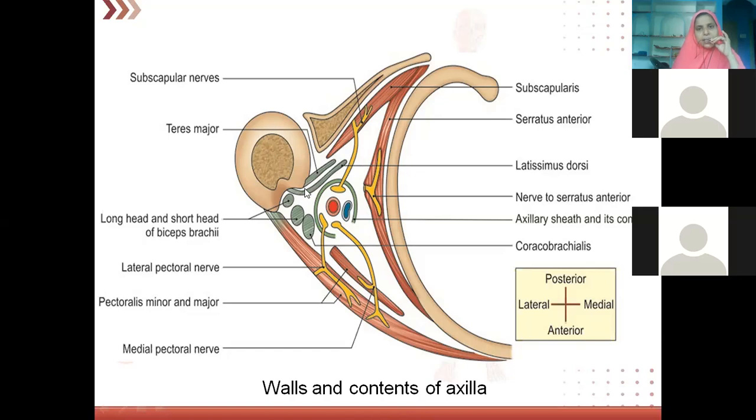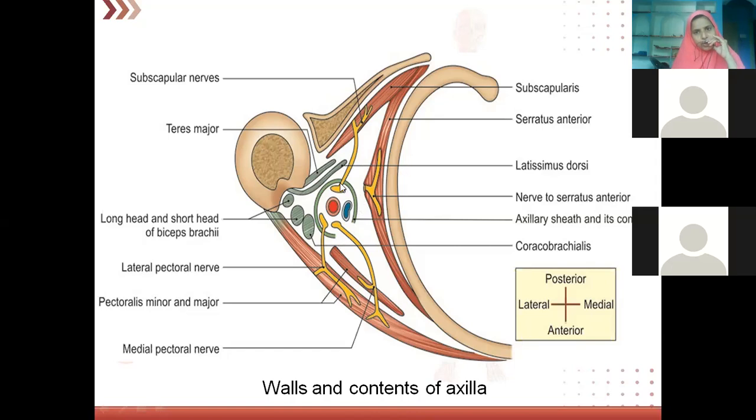Now let us see what are the contents we have in the axilla. Okay, so this is anterior, this is medial, this is posterior, and this is lateral. This is the layout of the picture. Now, what are the contents we are finding here? We are finding axillary artery, then axillary vein, then we are finding cords of brachial plexus in yellow color. Anteriorly, actually, we will have medial cord, lateral cord, and the posterior cord. They will be related laterally. Accordingly, we will discuss this when we are doing axillary artery and brachial plexus.